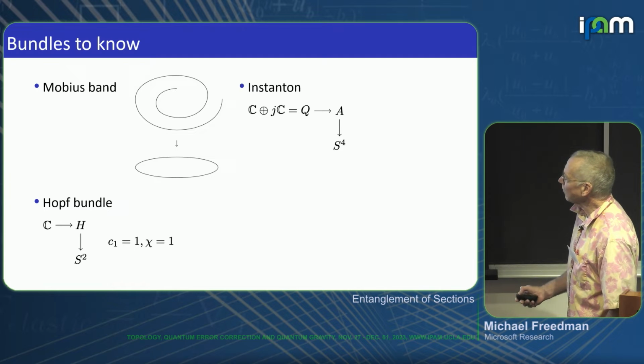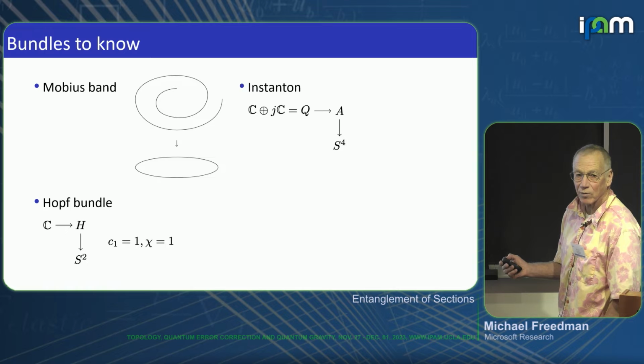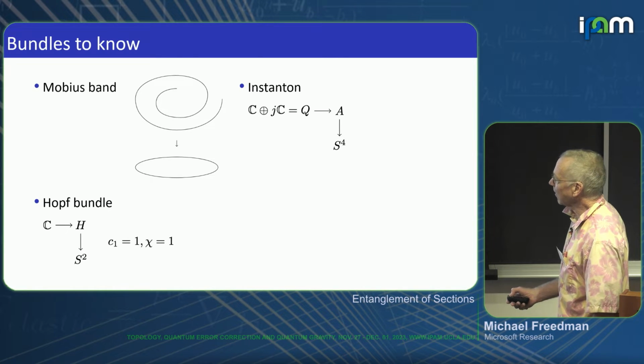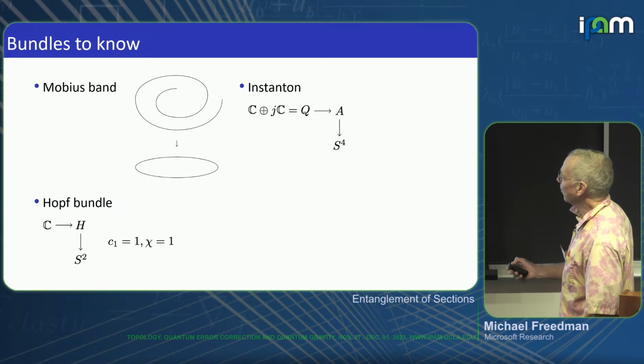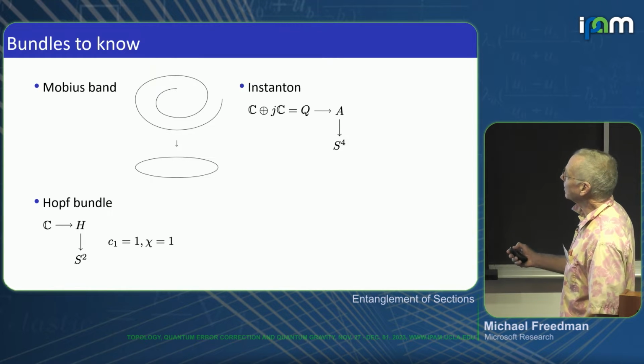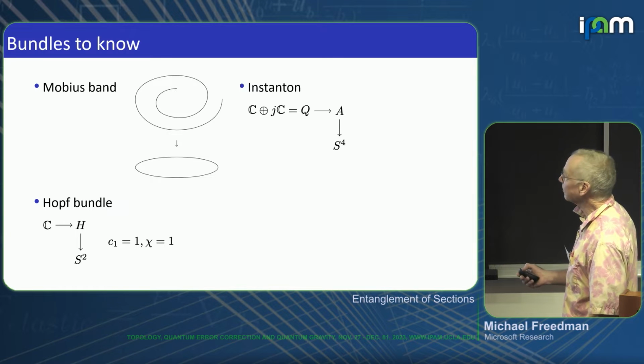And this is the straightforward generalization of the Hopf bundle, replacing the complex numbers by the quaternions. So the base, instead of being the compactified complex plane, is the compactified quaternions, S4. And the fiber, instead of being 1 copy of C, is 2 copies of C. I put the little j in there to suggest that its direct sum is the quaternions. And the relationship is, if you think of clutching functions,